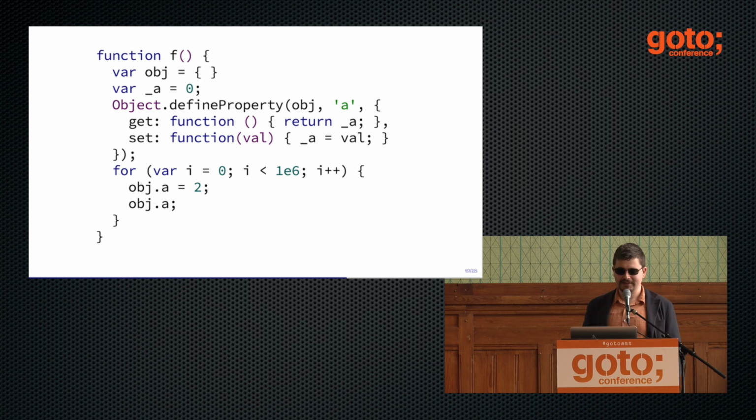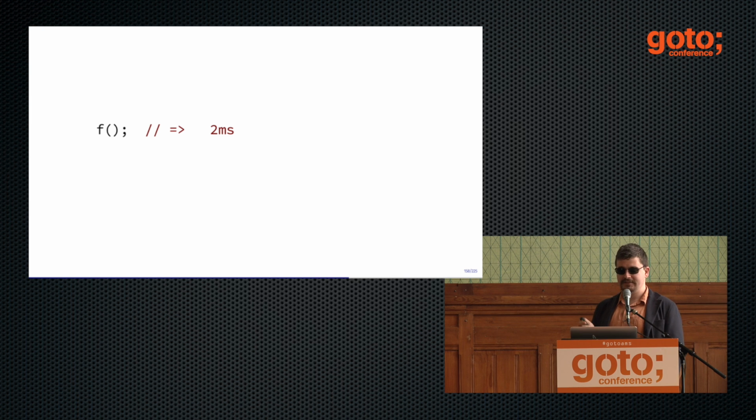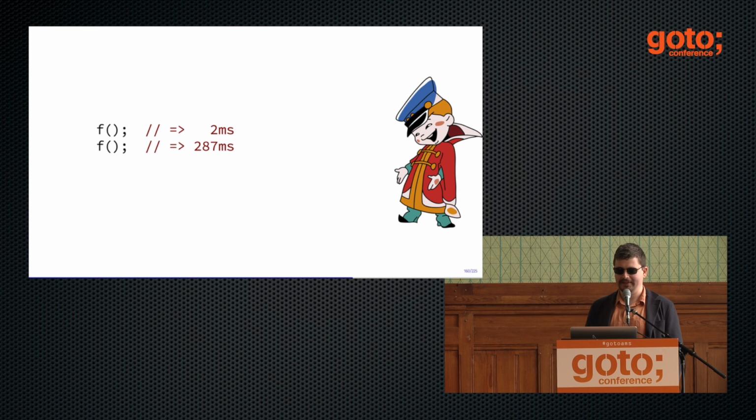So if you take this and remove the benchmark JS from the picture, and you just write this function that does what the benchmark does, define some getters and setters and try it in a loop again and again. And you run it once, this function, and you run it twice, and it slows down by a factor of 100 on V8. So yeah, again, our helpful guy that is very surprised.